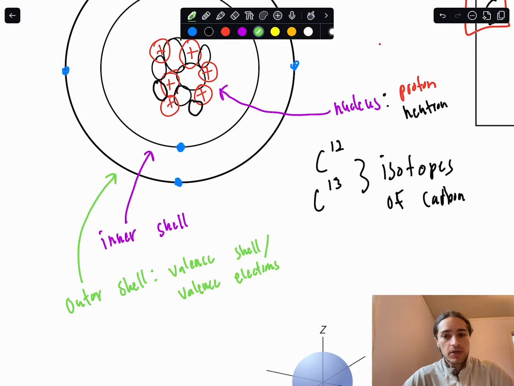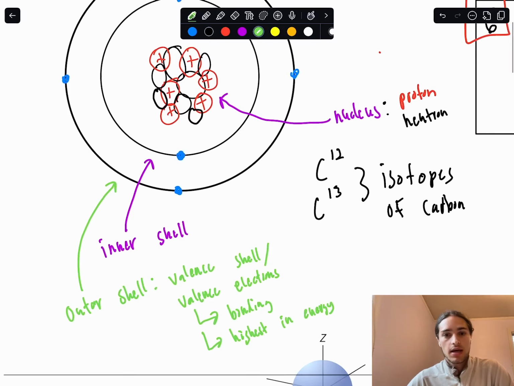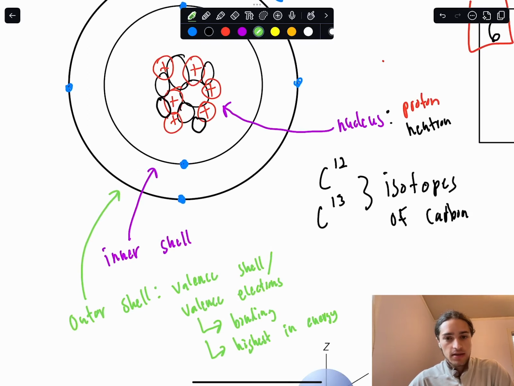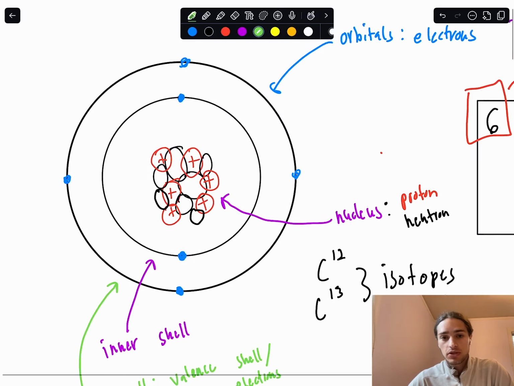And the reason that this outermost shell is the most important is really two things. One, the valence electrons participate in bonding. So only the electrons in the outermost shell, the valence shell, do bonding. So these are the electrons that will actually make molecules. And the other reason that's related is that they are the highest in energy. And we're going to talk about this quite a bit more. But I want to pause that and think more about how the two-dimensional structure that I have written